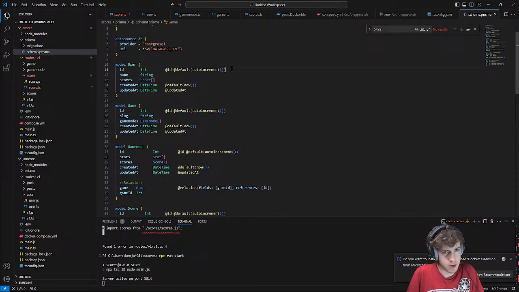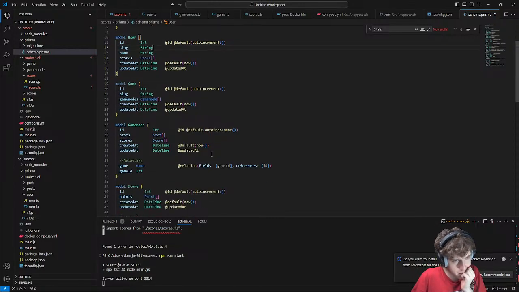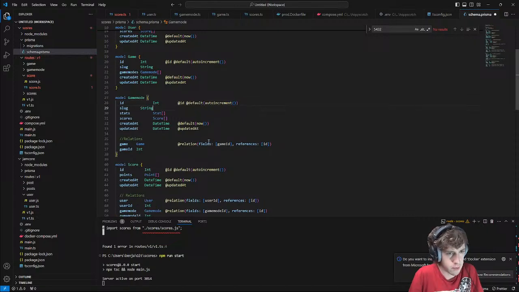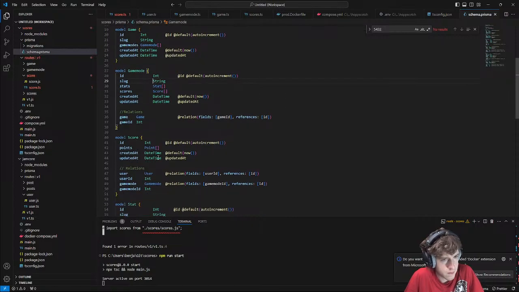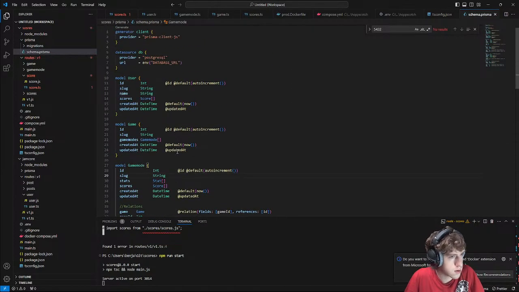And then slug for user as well. Over for game mode, I'm going to want to give it a slug. And then that should be good.